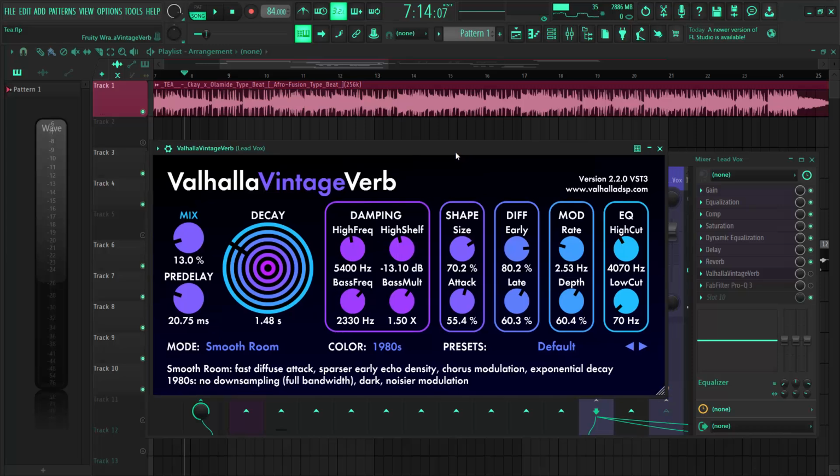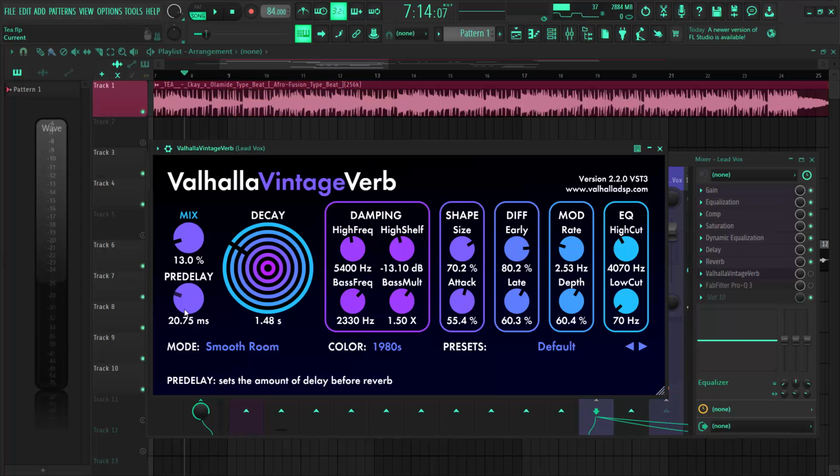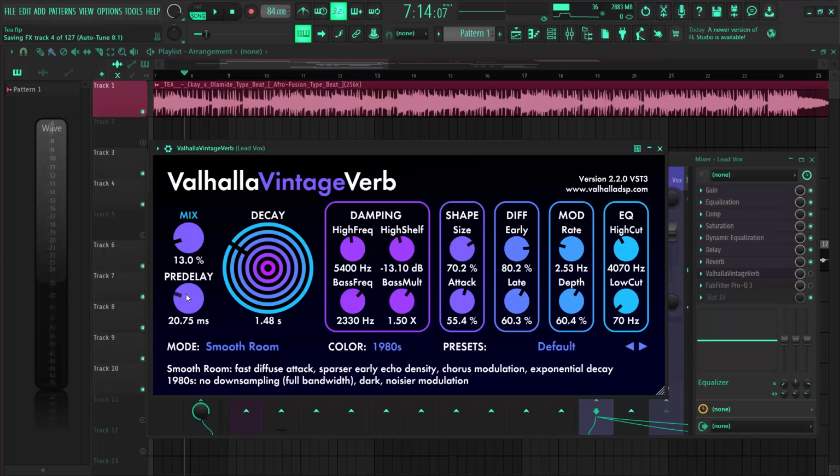So let's talk about the reverb. I added this sub reverb to it, and then I set it to smooth, as you can see. My pre-delay I have to calculate, and you can go to a site called reverb calculator and enter the tempo of your beat or of your music, and then you can derive it and write it here.